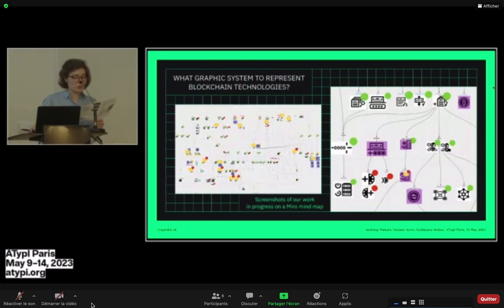So now, the important question is, how did I understand and represent this technology made of informatic systems, economic and cryptographic concepts from my light knowledge in the field? Hopefully, Anthony and Guillaume had already worked on a semantic map on the Miro platform. You can see some screenshots of it during the project. And it was really practical to grasp many ideas and relationships between the different elements I had to represent. And moreover, we could work together on it, enriching it with graphic advancement and interact on it.